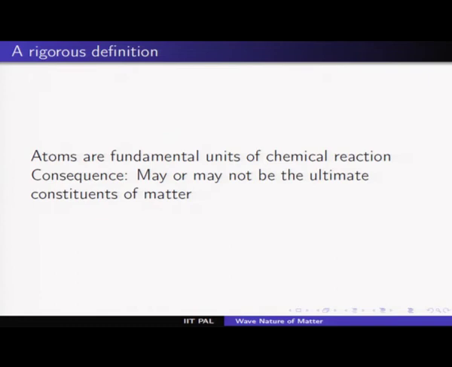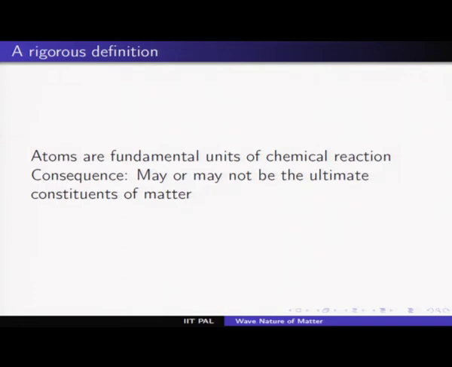So now we are able to give a rigorous definition of what we mean by an atom. Therefore, when we speak of an atom in the 21st century, or for that matter even in the 20th century, these atoms should not be confused with the notion of an atom which either Kanada or Democritus had. There is no point in comparing the two, just as the notion of a graha in Indian astronomy should not be confused with the modern notion of a planet. These are technical words which are used in entirely different contexts.